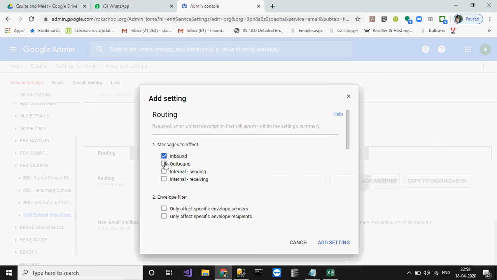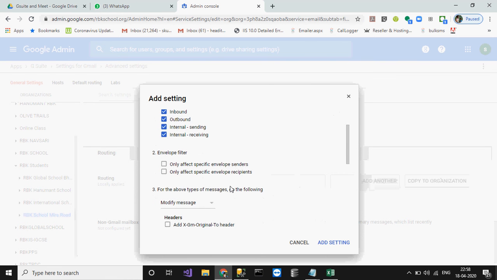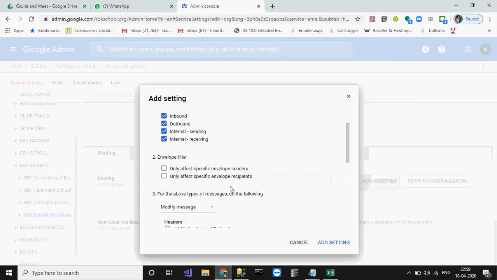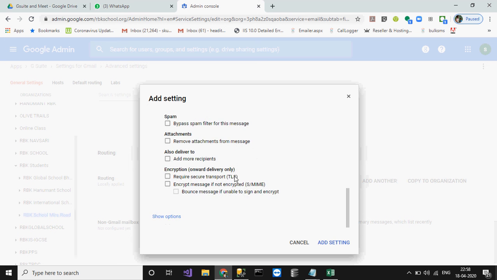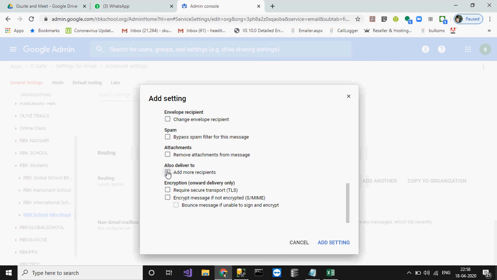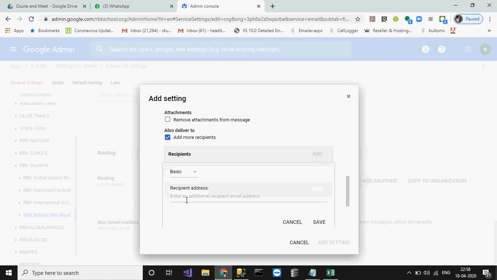I will select inbound, outbound, internal receiving. If some students are carelessly sending messages and you want to monitor that, select that, right? And select modify message. Go to the downside. Also deliver to additional recipient. Type your email ID here and save it. What will happen? Anyone who sends a message, you will receive a copy of it. So you can monitor those conversations here.